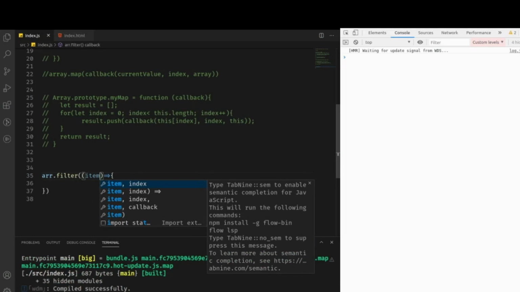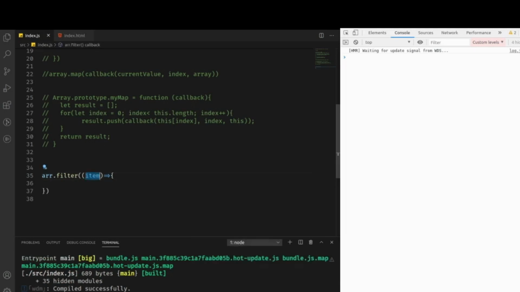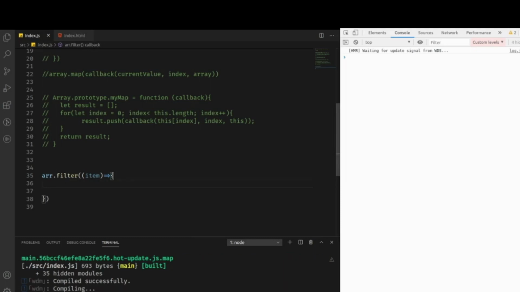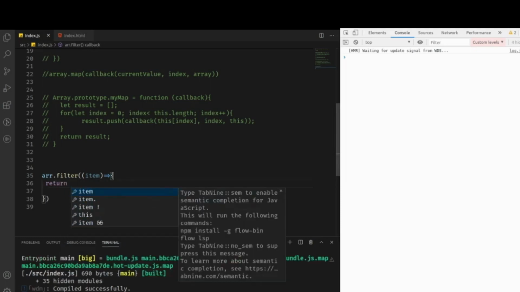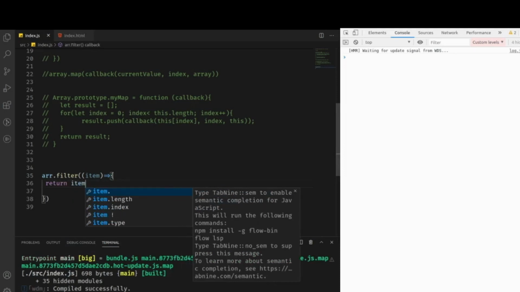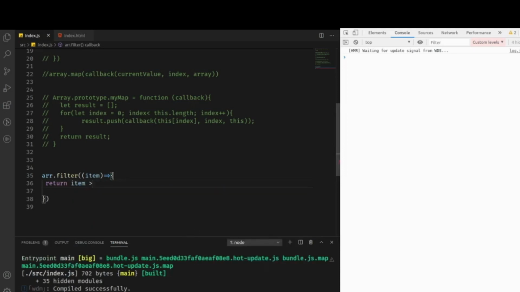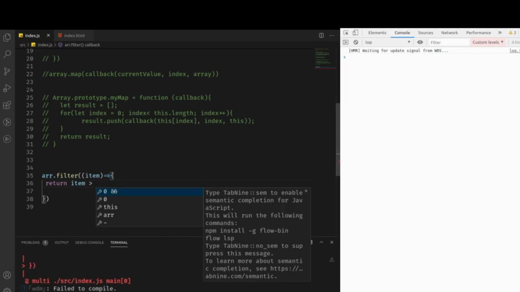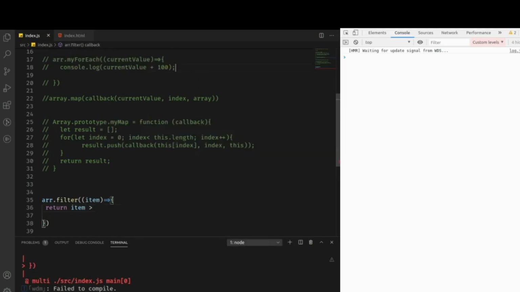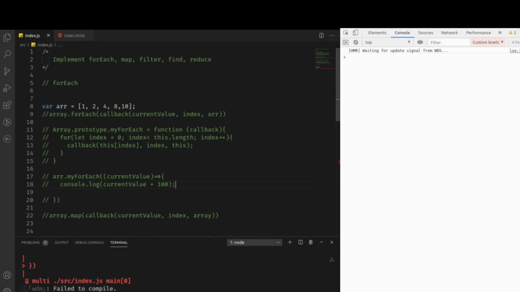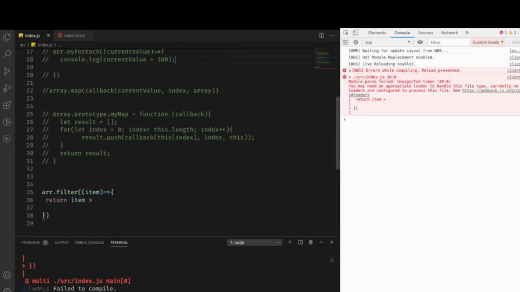We are just going to take the mandatory element, that's the current value, and filter, as I told, needs a condition here. So what I'll do is return me elements which are greater than... let's see what array we actually have. We'll write return me items which are greater than 8,